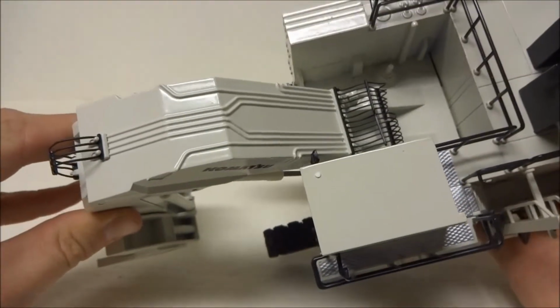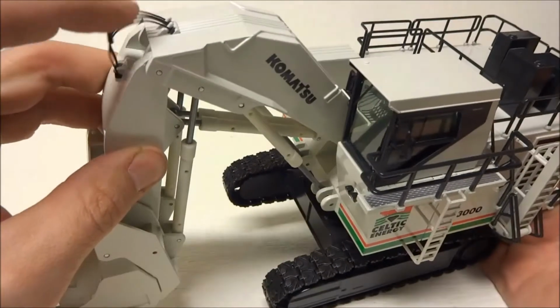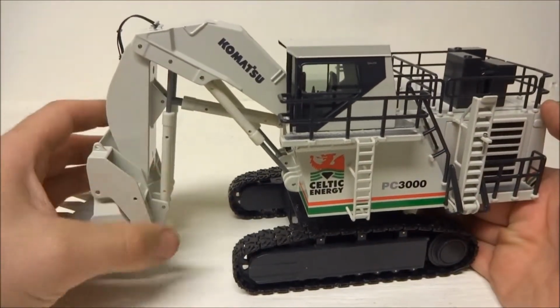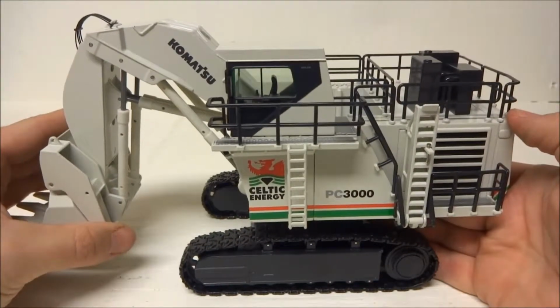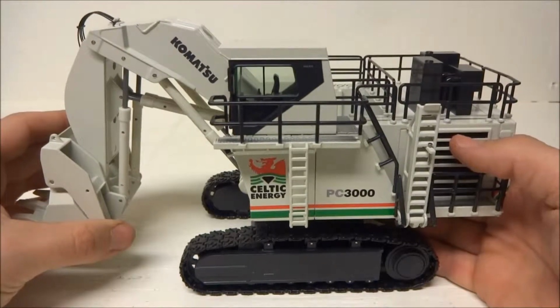And you can definitely see that in the boom, because the hydraulic lines that they have are way too small. And they have the lines molded into the boom, and then just these little rinky-dink things up here, and nothing on the cylinders or anything like that. So that's just a good example where they did some things very well and other things are kind of